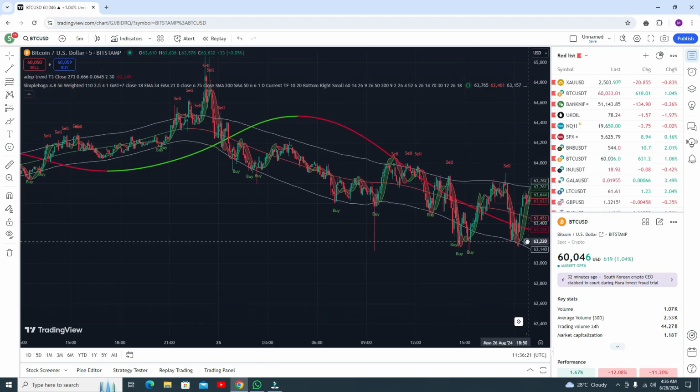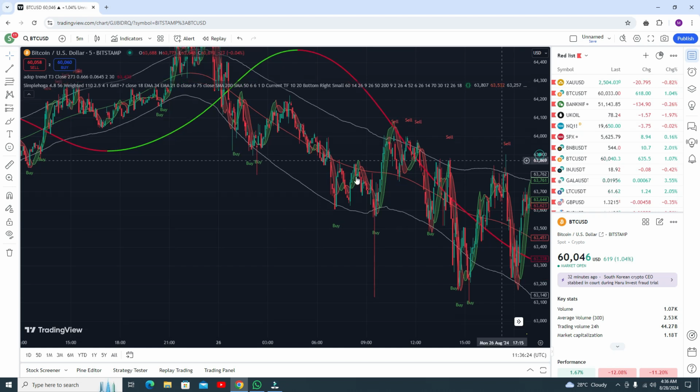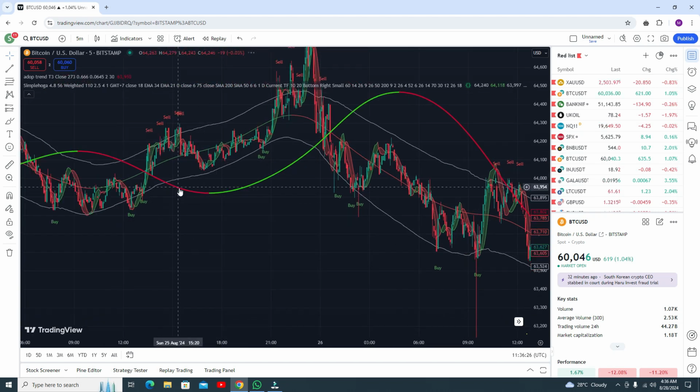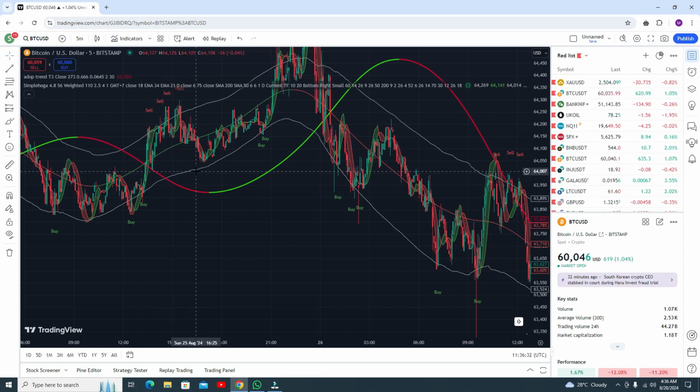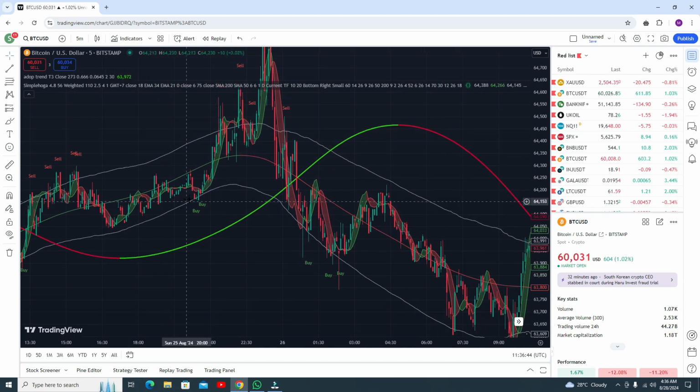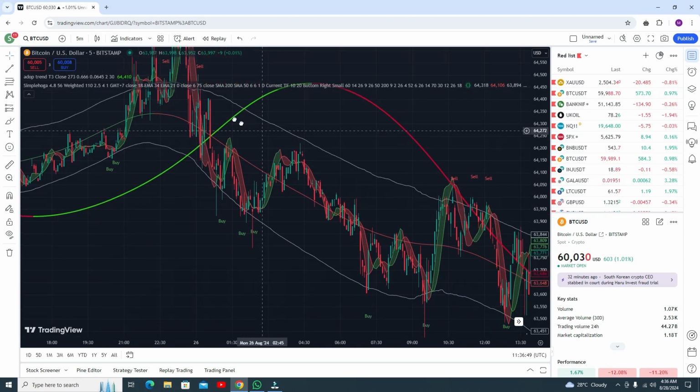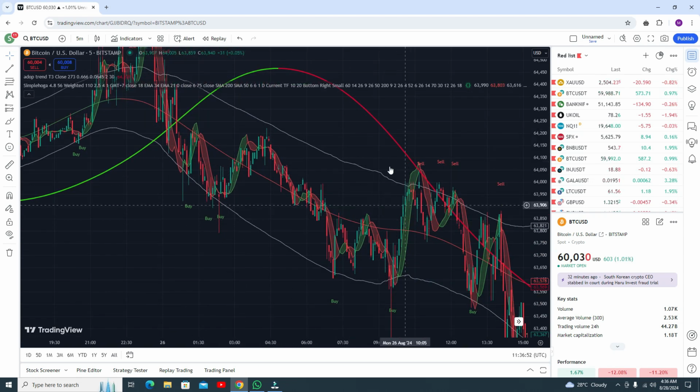So let's start from this point here. You need to keep your eyes on this top trend line. Whenever the top trend line is below the lower band line, okay, this is the lower band line, when it comes below the lower band line, you can see the market is going upside. Whenever the top trend line crosses the upper band line, you will see the market go downside. And whenever it's red and you are getting a sell signal, do not miss this point.